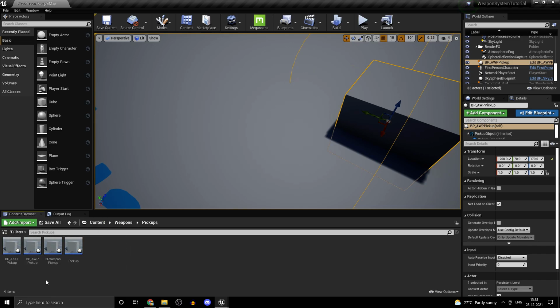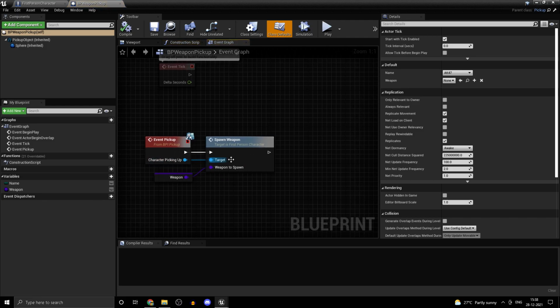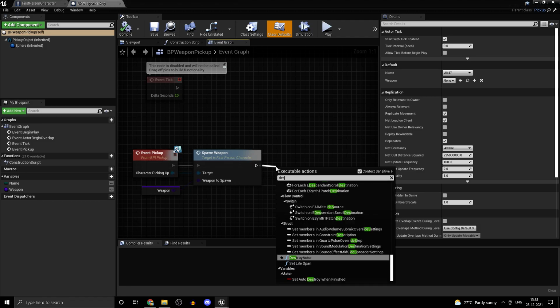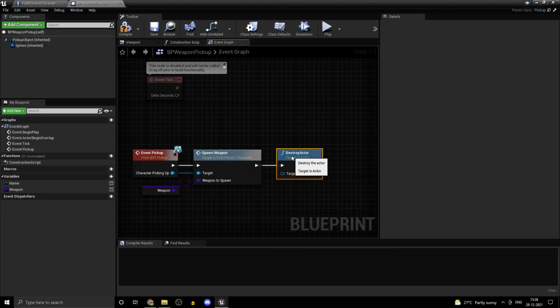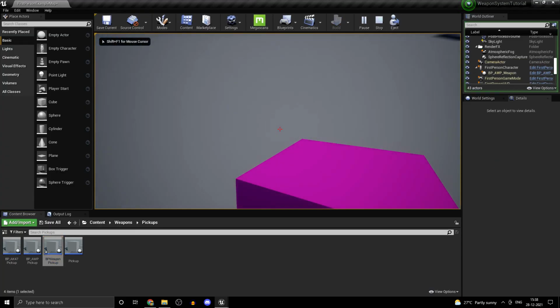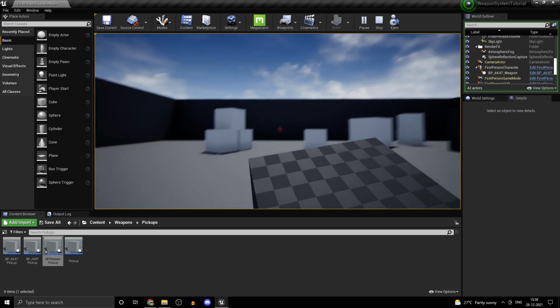So pickups and BP weapon pickup, I guess this is where we put the functionality. And over here we could just put in destroy actor. So let's actually play it and test it out. So the pickup's gone and we have our weapon.